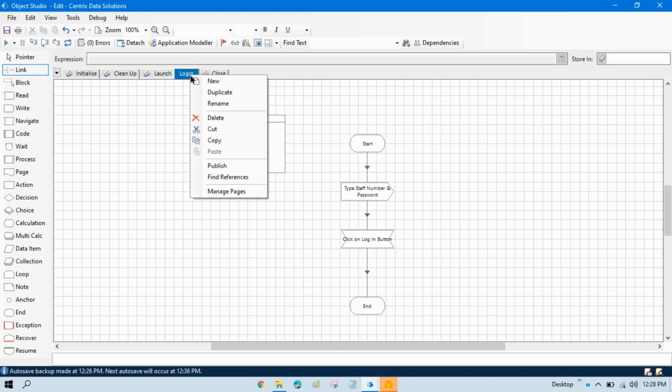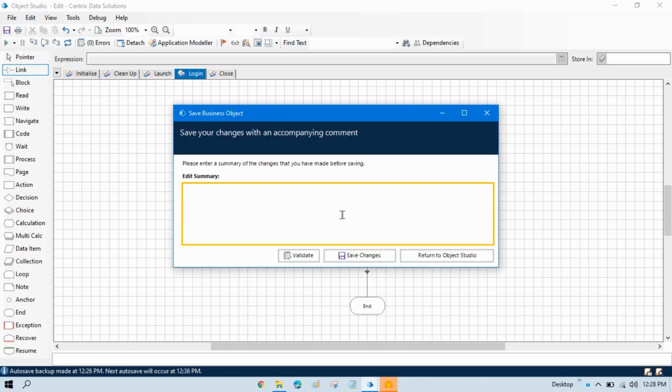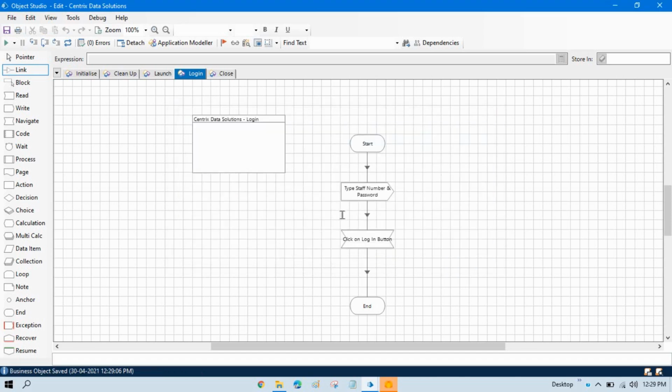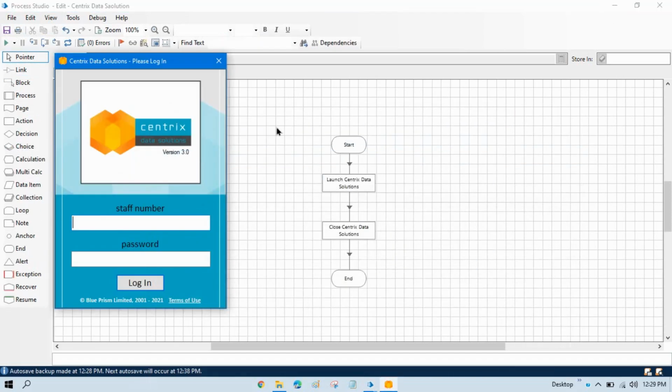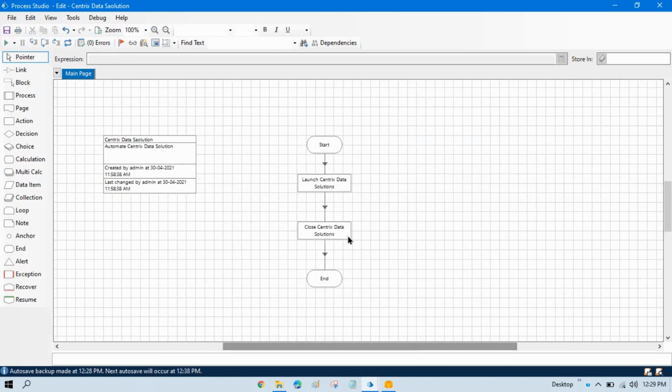Now publish this, because without publishing it will not be visible to the Process Studio. Publish this, save this, login page created. Now go to the studio, refresh this. Now once you refresh this,